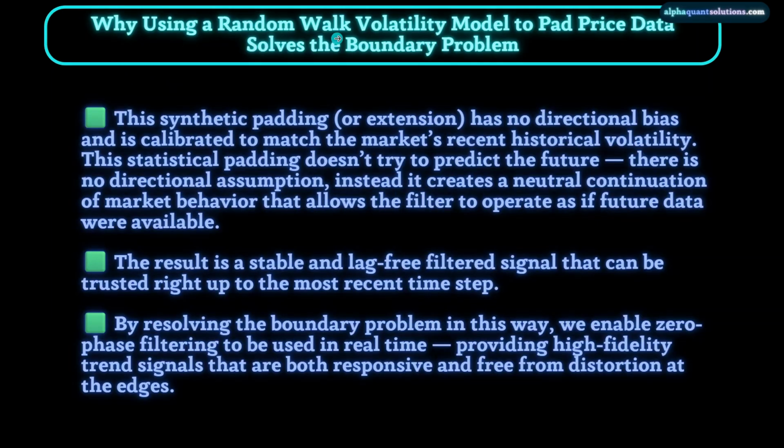Now, why does using a random walk volatility model to pad the original price data solve the boundary problem? Well, this synthetic padding or the extension that we add has actually no directional bias and is calibrated to match the market's recent historical volatility. So this means that this statistical padding doesn't try to predict the future. There is no directional assumption here. Instead, it just creates a neutral continuation of market behavior